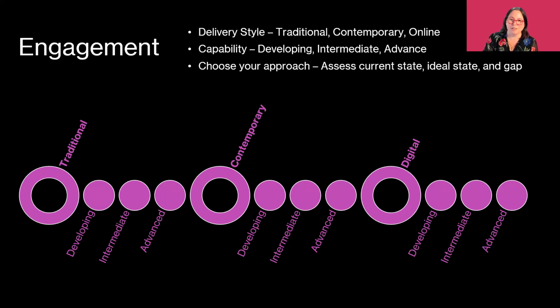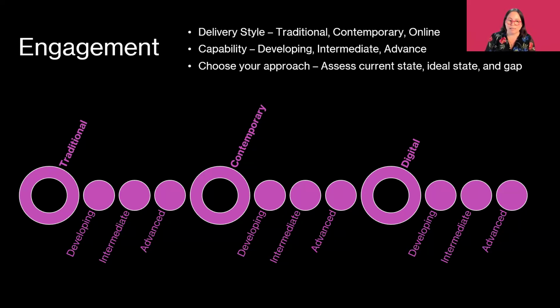So it's worthwhile sitting down when you're looking at your membership model to say, how do we want to engage? Do we want to keep it traditional, where it's all face-to-face and you've got to be a member, or do we want to move it into more contemporary formats? And how well do we want to do that? A contemporary advanced association has significant marketing automation driving what they do. Their tech and data is fantastic. Their data is really useful in informing their actions. They're really switched on when it comes to that. For many associations, advanced contemporary is a great aspiration.